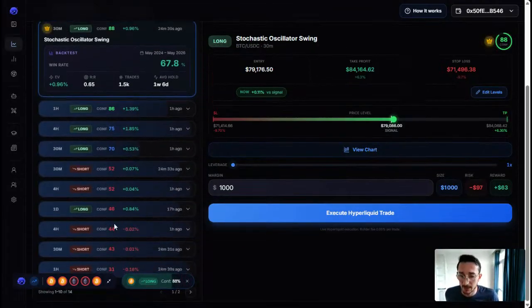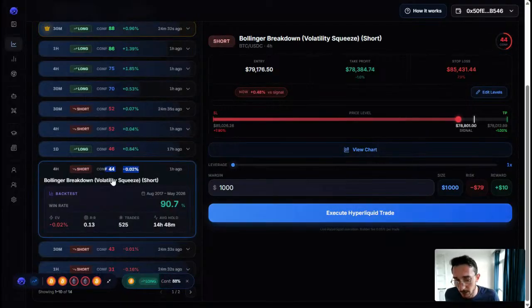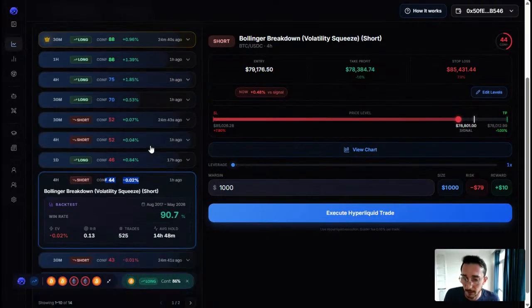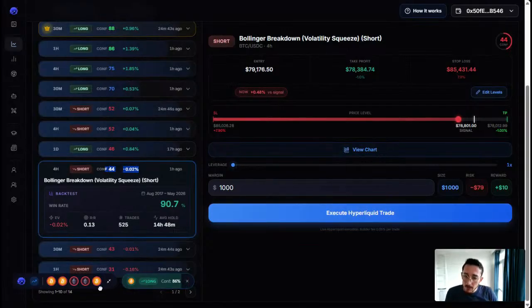But some have negative EV, right? Especially the short ones. And by the way, all the EV is after fees. Every single fee you would pay is included in that, so there is nothing hidden there. Some are EV negative. We keep them because they still give you an indicator on the price action, right? So this one is EV negative, but it has a 90% win rate. So you know that in 90% of the cases, when this signal pops, the price is going to go down 1%.